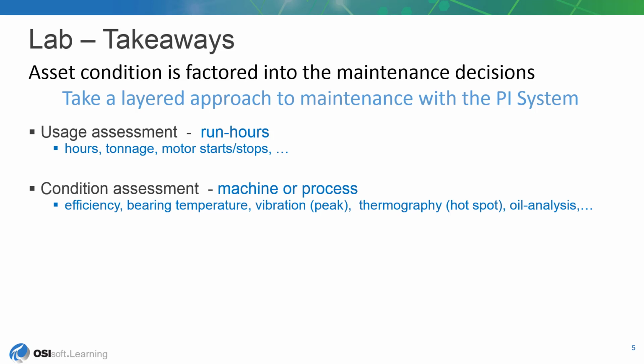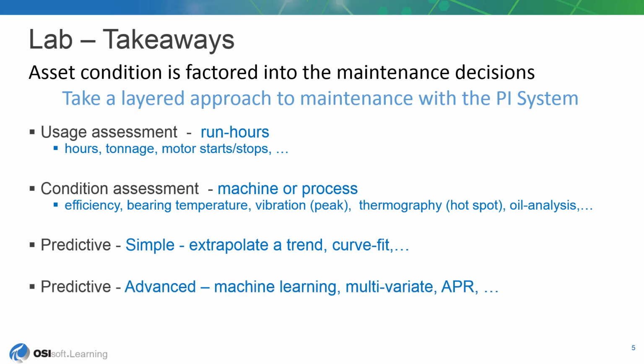In simple predictive, you use the same or similar leading indicators as from the previous step, but extrapolate the trend to predict time to failure. The advanced predictive and asset health score are covered later in the course. They are mostly discussion topics, and the content for the step-by-step is available separately and may also be in a different format.